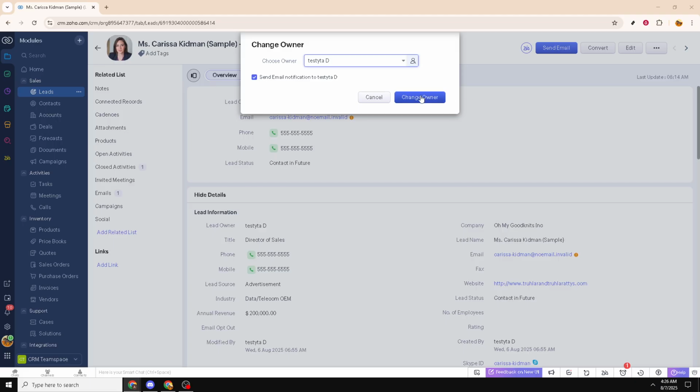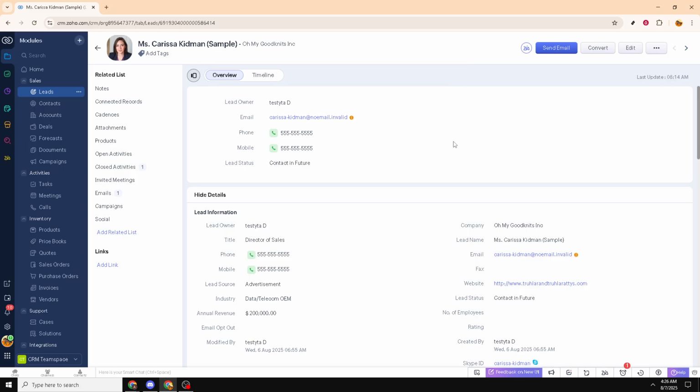Finally, with your selection made and the notification ready to send, click on Change Owner. This will finalize the assignment, updating your records and ensuring that your lead is now in the hands of the right team member. And there you have it, a straightforward process that can greatly enhance the management of your leads